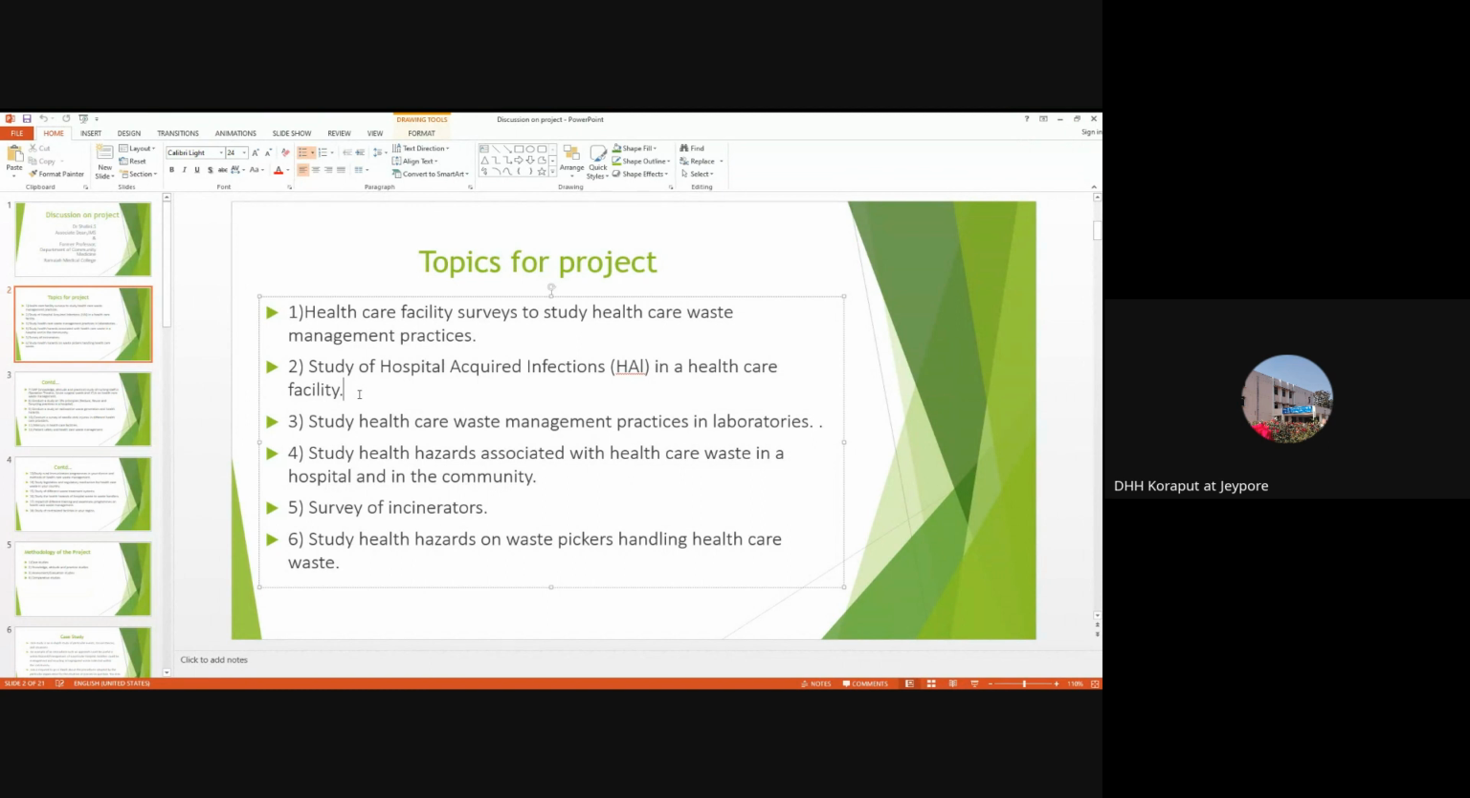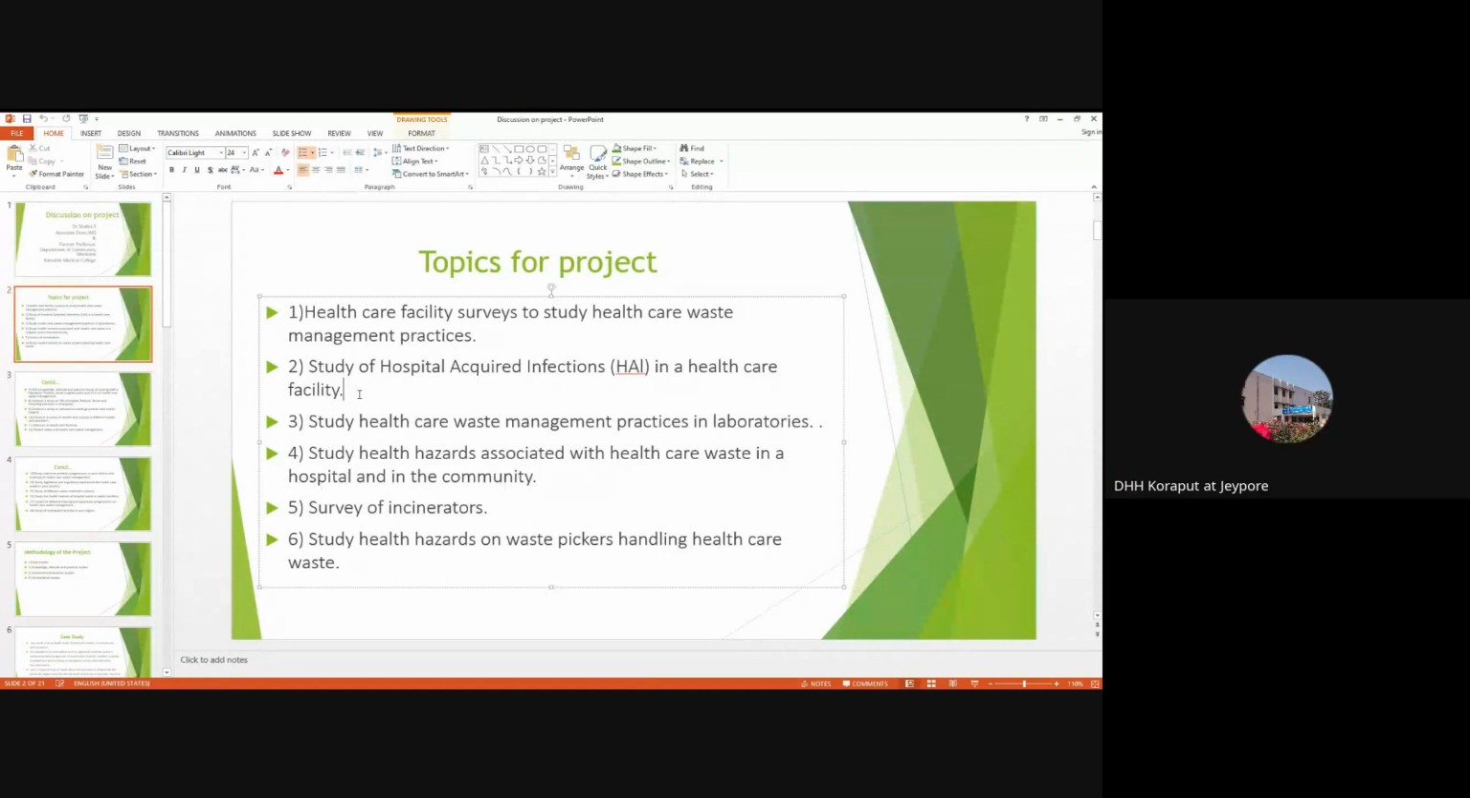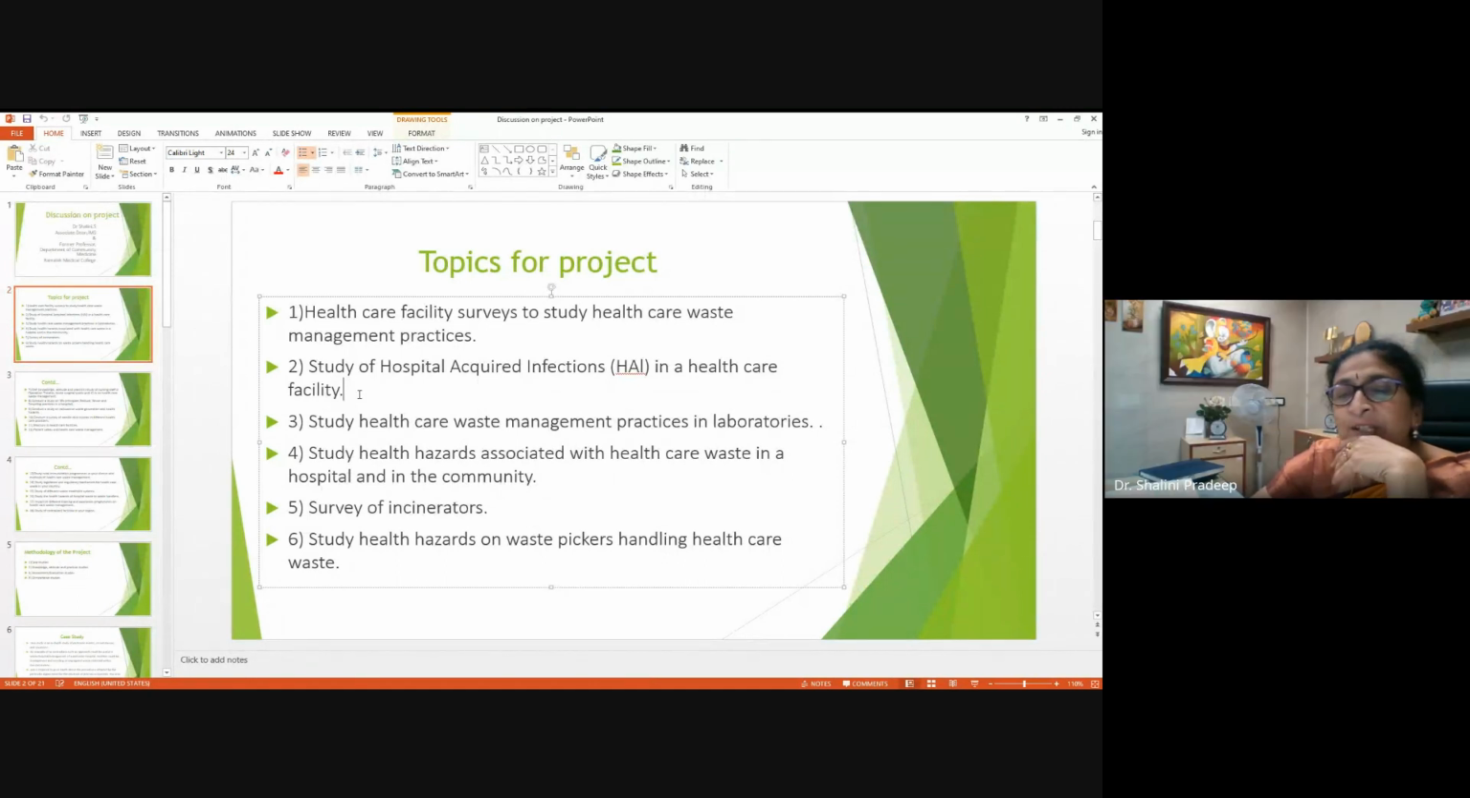Hepatitis B infection, hepatitis C infection, then also HIV, urine infection. In the community, respiratory tract infection. Okay. In the community,